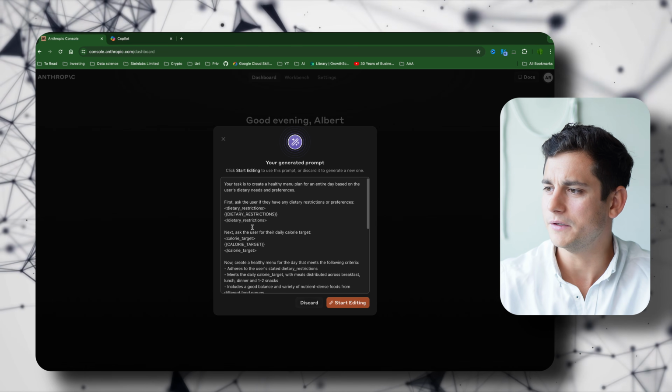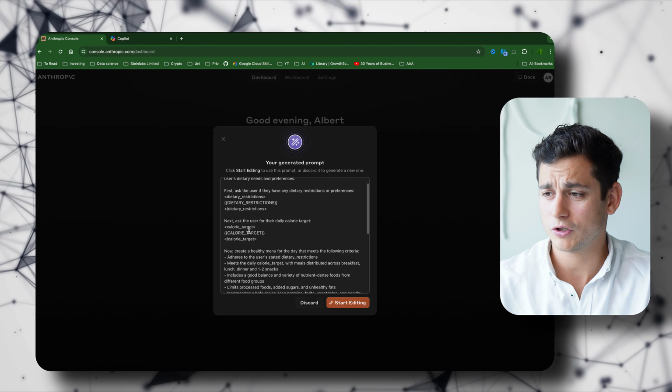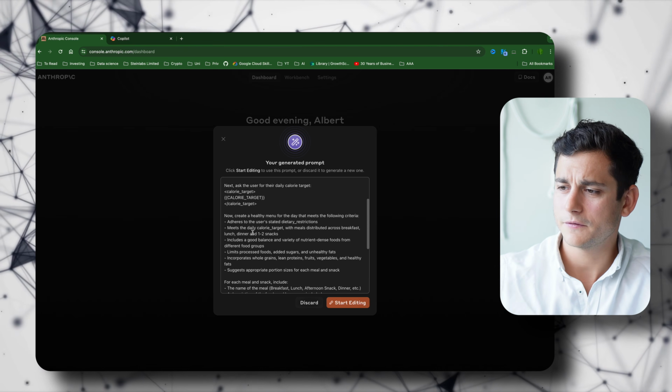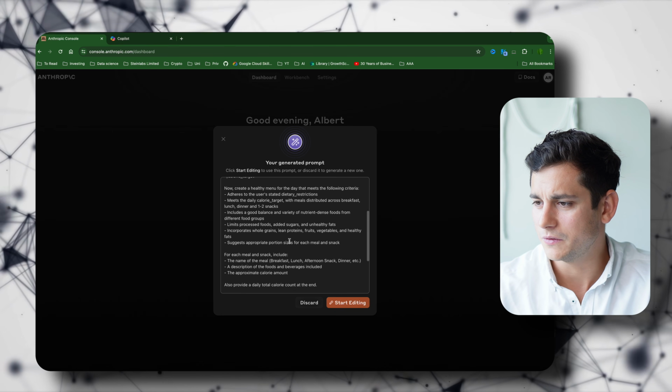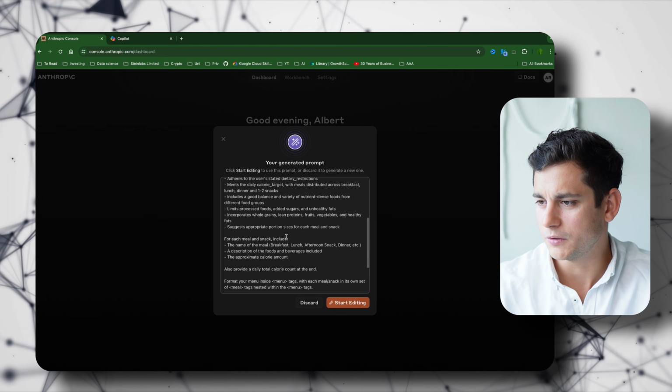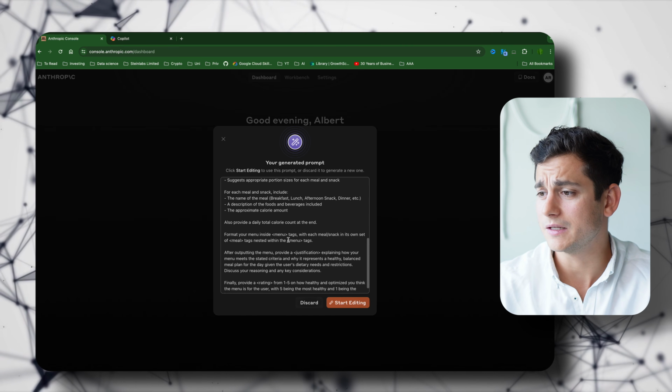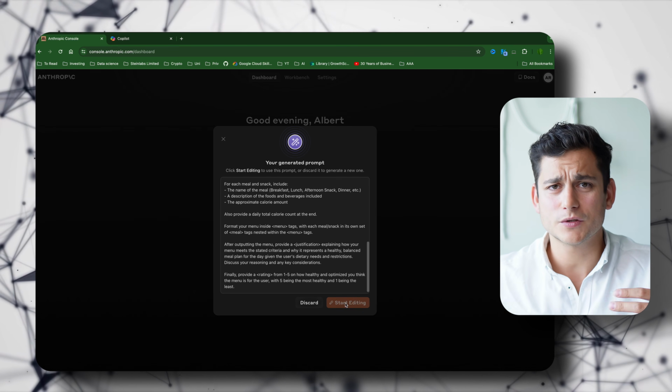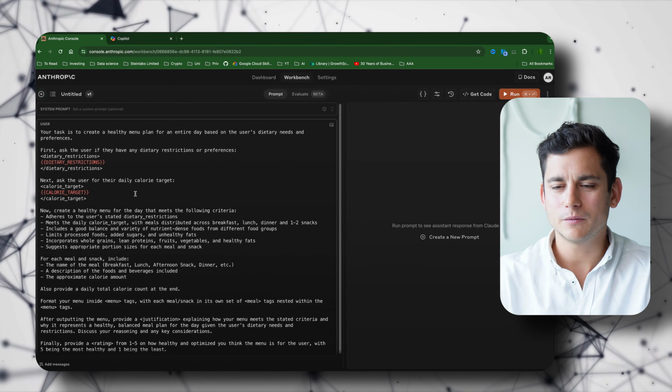And so then you fill in those dietary preferences and restrictions and calorie targets. And then further on in the prompts, we see that it adheres to the user's stated dietary restrictions, meets the daily calorie target, includes a good balance and variety of nutrient-dense foods from different food groups. So those are all the kinds of things that I would have to fill in myself if I wanted to